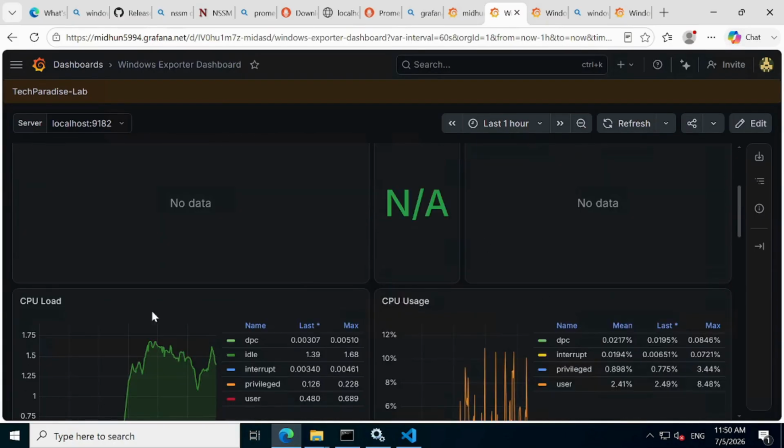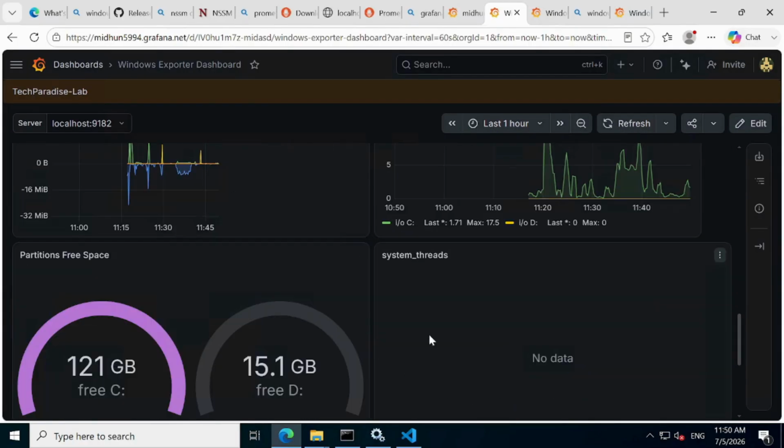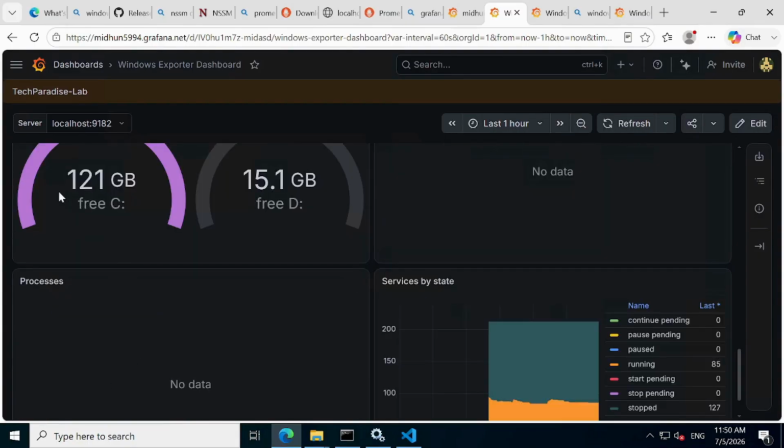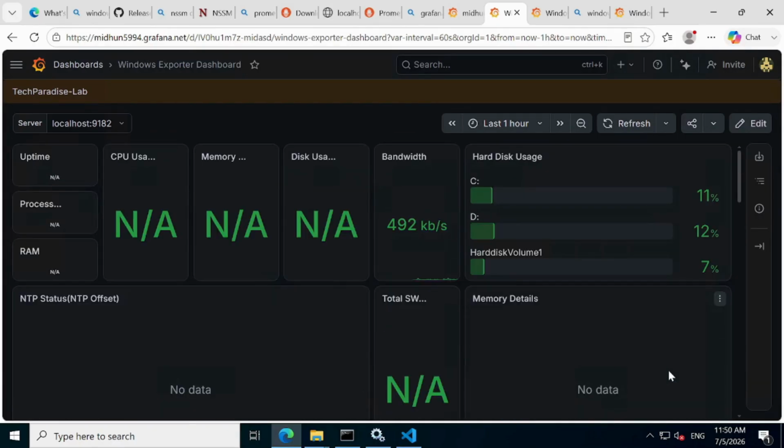And CPU usage, you can see CPU load, you can see bandwidth information, disk read write, hard disk IOPS details coming in, partition free space, how much free space is available in C drive and D drive. So all this info is available now. So within a few minutes, you created an entire dashboard, but you can see that most of the parts are